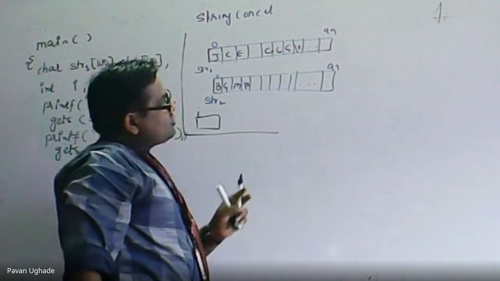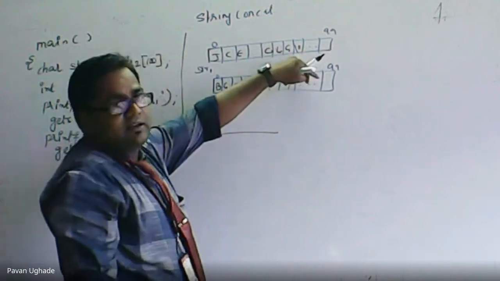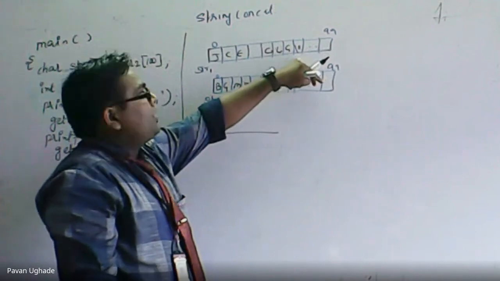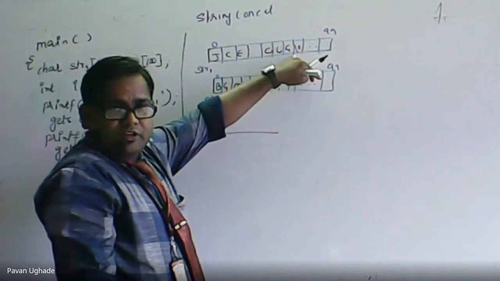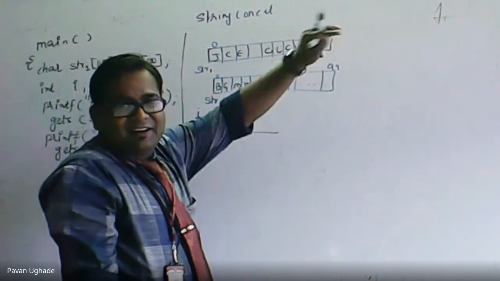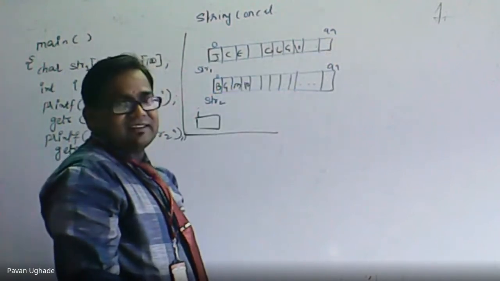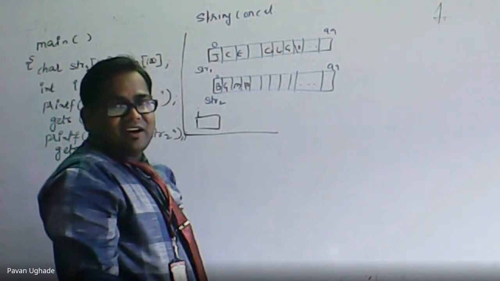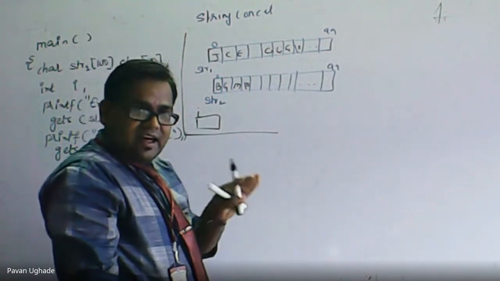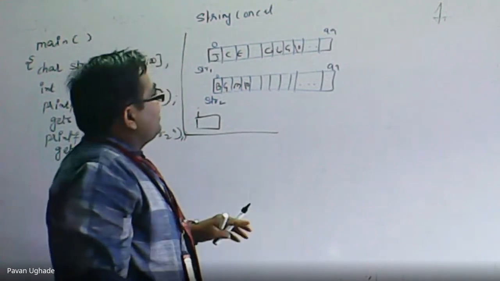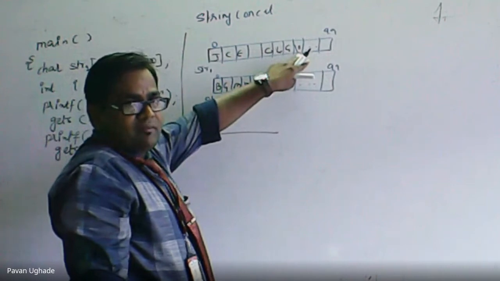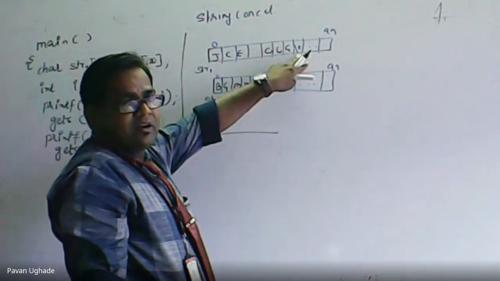So if backslash of 0 is there, you keep the existing str1, and after that you append string 2. It means whenever it reads the backslash of 0, it will read only string 1. It will not read the later part, right? The compiler will understand that by that time the string got filled, meaning that process is over, and it has only that much string. So at the position of backslash of 0,